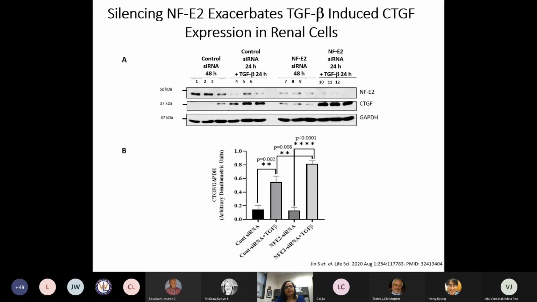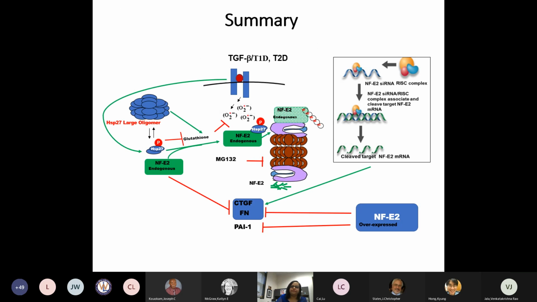We next silenced NFE2 expression to see the effects of silencing NFE2 on TGF-beta-induced CTGF expression in these cells. In the presence of control siRNA and TGF-beta, we saw an induction of CTGF expression, which was exacerbated when NFE2 expression was downregulated by siRNA. To summarize this part of the talk,